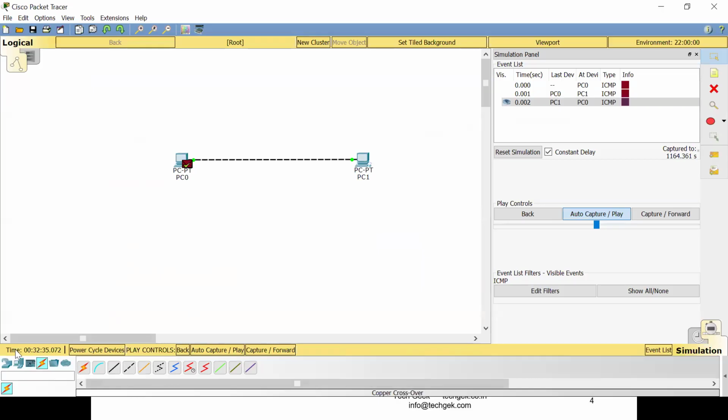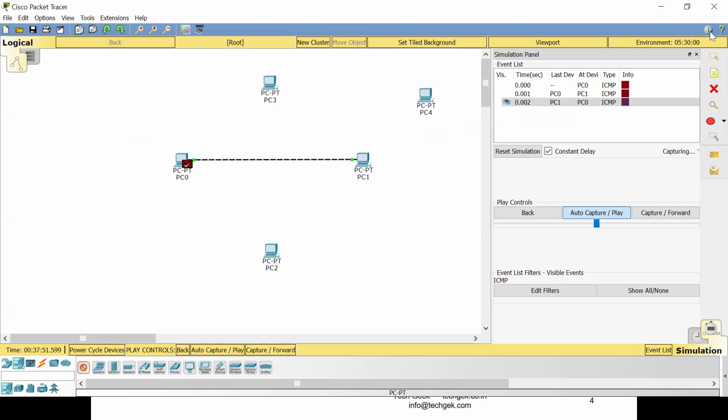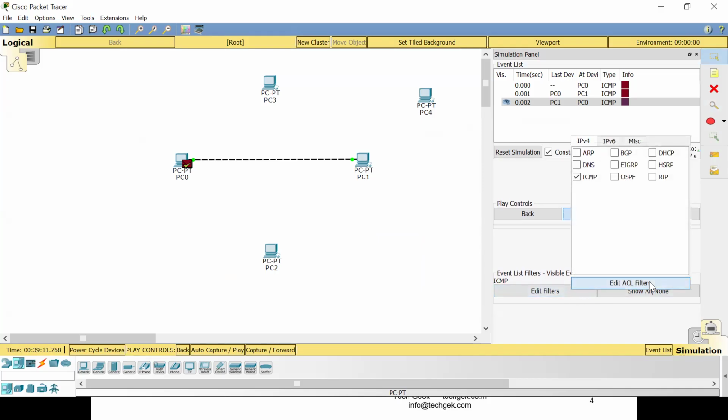If I have another computer here, let's say I have several computers. This is one computer, this is another computer, and this is another computer. Like this, we have the computers. So how do these connections happen? How are we going to connect these computers? Let me just clear all this.